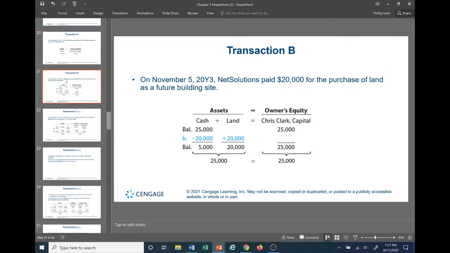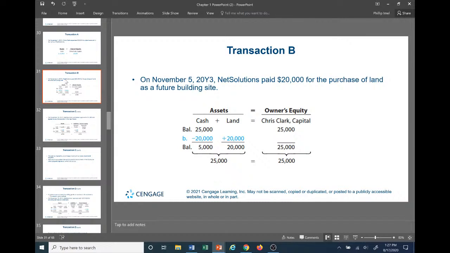Let's look at another transaction. And we're going to be building upon these transactions. So it's going to look a little cumbersome, like a lot of stuff is going on, but if you just pay attention, you've got the first transaction. Now we're going to compound on that. We're going to build upon that, okay? Because we're going to use those assets to keep moving through these transactions.